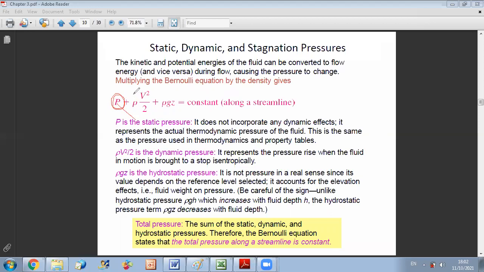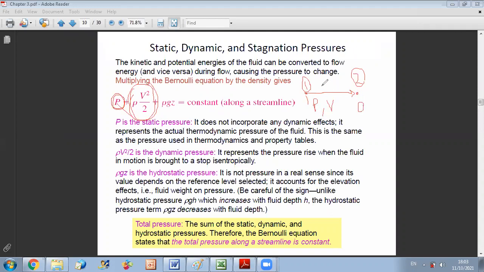While this term is called the dynamic pressure, okay, and physically, if you want, it represents the pressure rise when the fluid in motion is brought to a stop isentropically. What do we mean by this? So if you consider, let's say, that you have a fluid flow and you neglect any change in elevation going from 1 to 2, okay? If it's characterized by a certain static pressure and a velocity v, if you force your fluid to decelerate to 0,